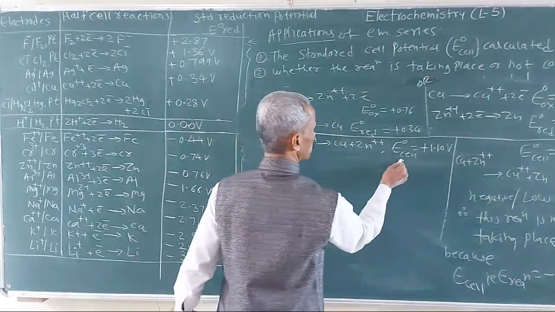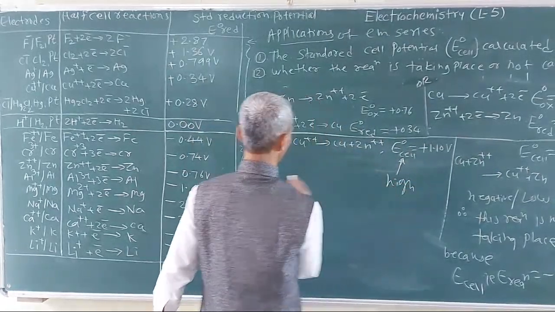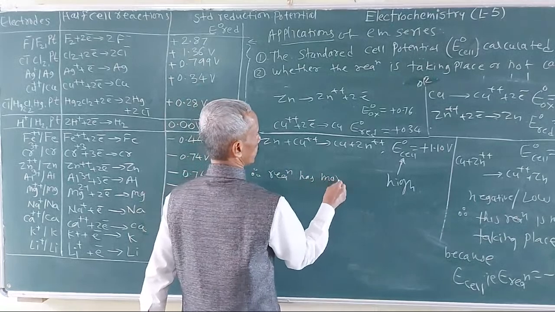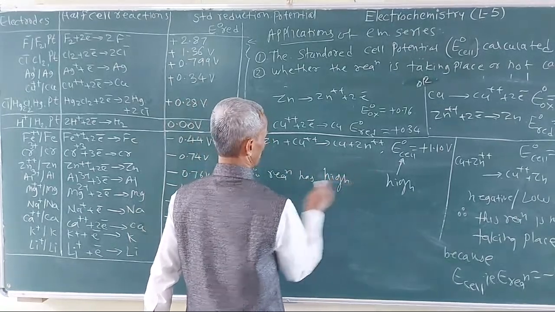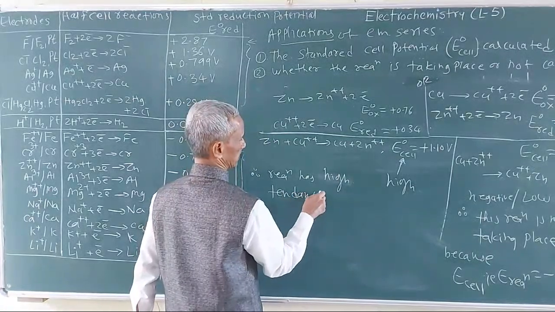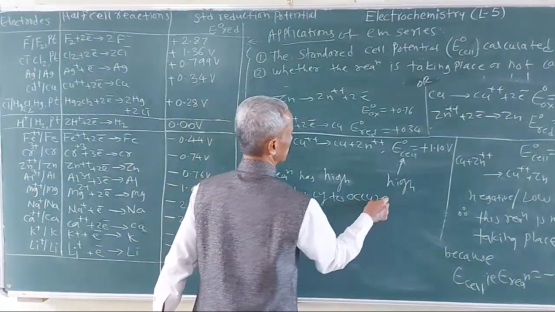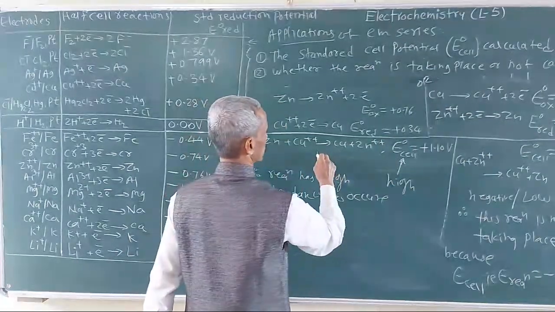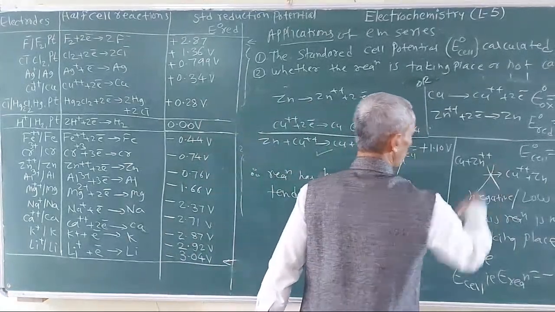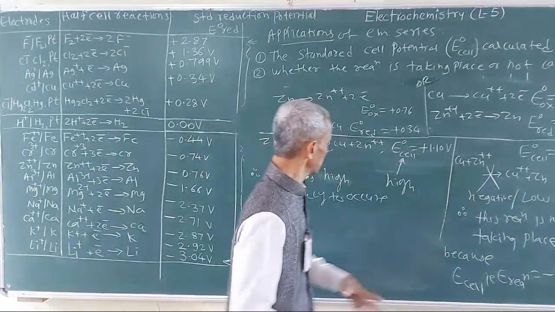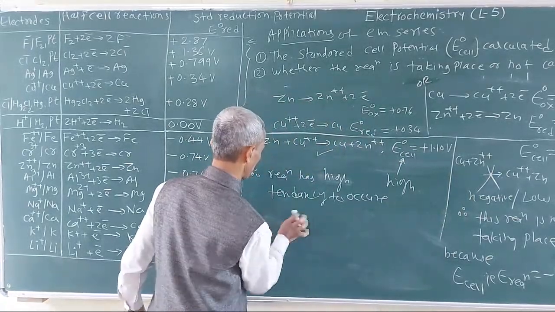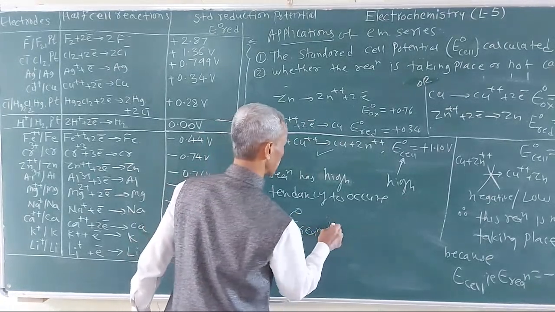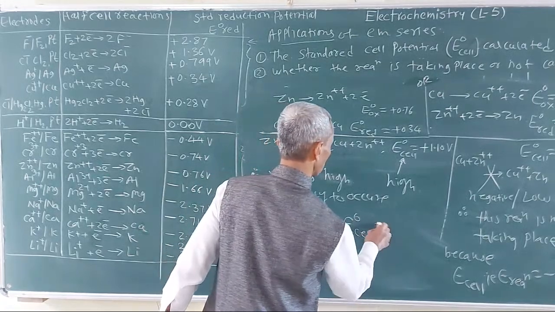However, this other value is a high value, therefore the reaction has a high tendency to occur in the given direction. That means this reaction takes place very easily. So this is possible, but this reaction is not taking place, because E0 of the reaction, that is E0 of cell, is equal to plus